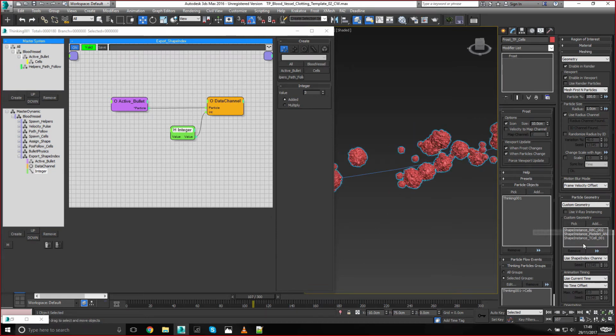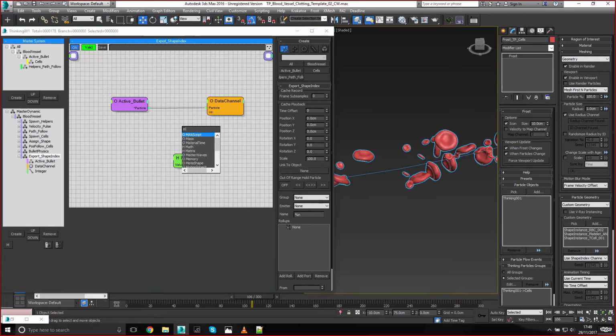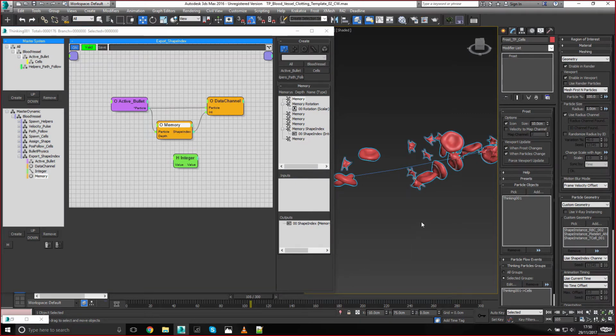So that's showing our T-cell now, and if we set that to 1, it will be the red blood cell, hopefully. And you can see it's a little slow to process all this mesh in the viewport, which is one of the reasons I like breaking the high res off from the TP system. Now obviously we don't want to have one index, we want to use that memory from earlier. So we can just pull the memory in, pull out that shape index channel, plug it in, and fingers crossed,